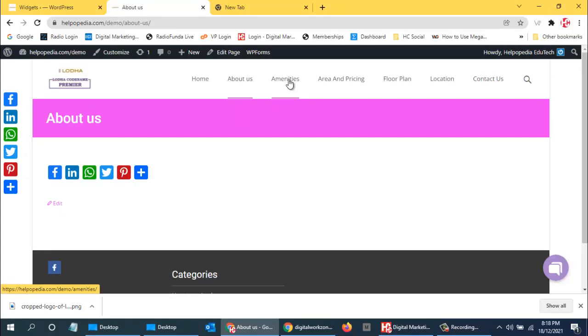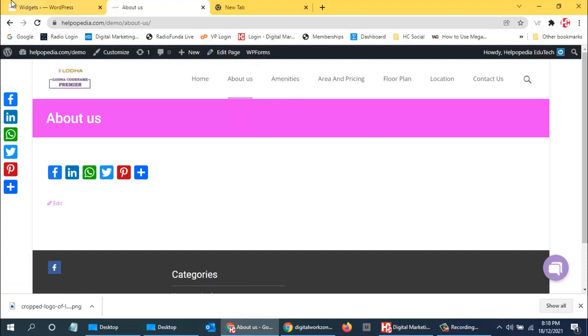So that would come in the right hand side widgets itself, right? What image was that? The image was like I have put like this, and that image I had put in area and pricing, and it came up in amenities. In amenities I have already put the things like gymnasium, and all, and I put the image in the middle, right? So for that, you don't need to go over there.